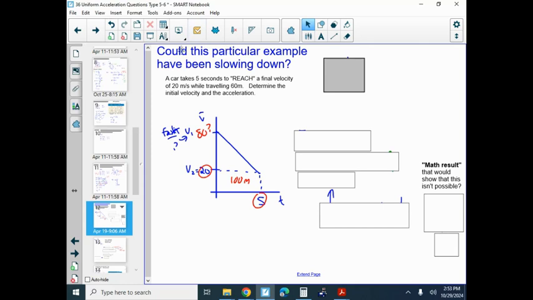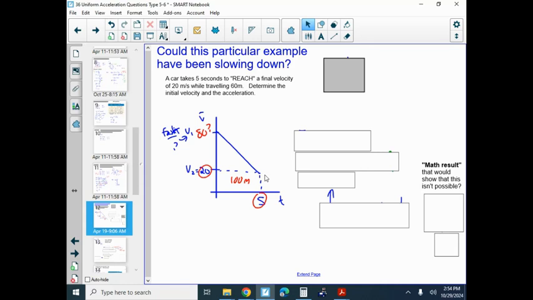So the question is, could this question have been a slowing down case? Could it have been read as a car takes 5 seconds to reach a final velocity, in which case it could be speeding up or slowing down? You don't know. And so if you look at the numbers of this, if we were starting from a faster